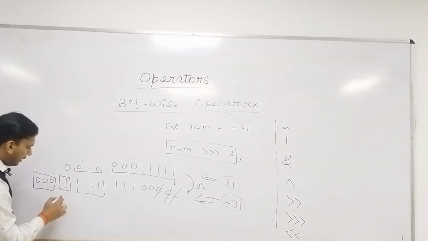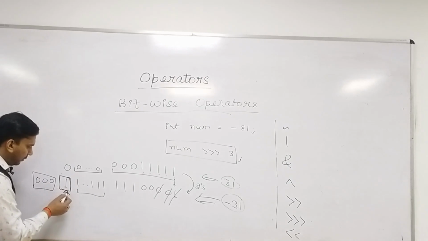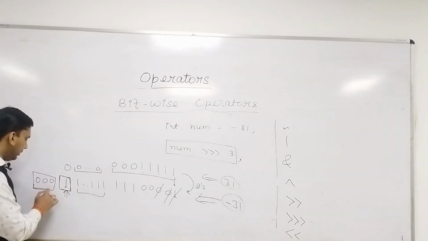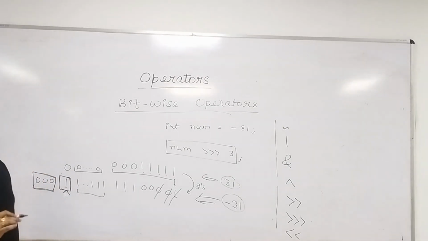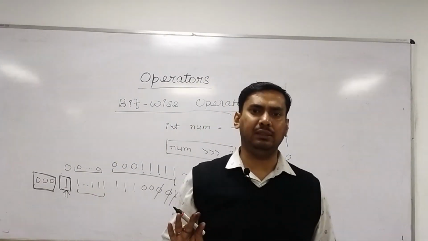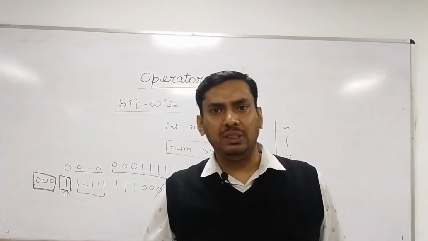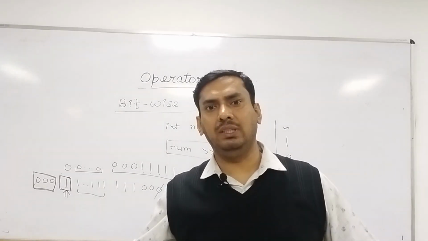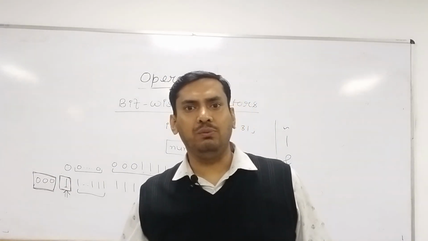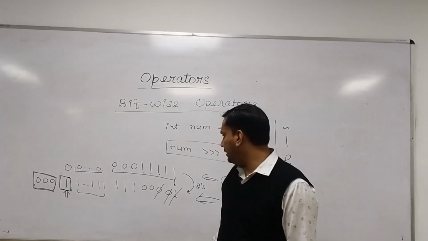What is the problem now? Earlier this number was a negative number. MSB was 1, but blindly we are putting zeros here. That's why it is called unsigned right shift. Unsigned right shift doesn't care about the sign of the number. It will always put zeros. It eventually means that the number will always become a positive number when you are performing the unsigned right shift. So this is the challenge here.